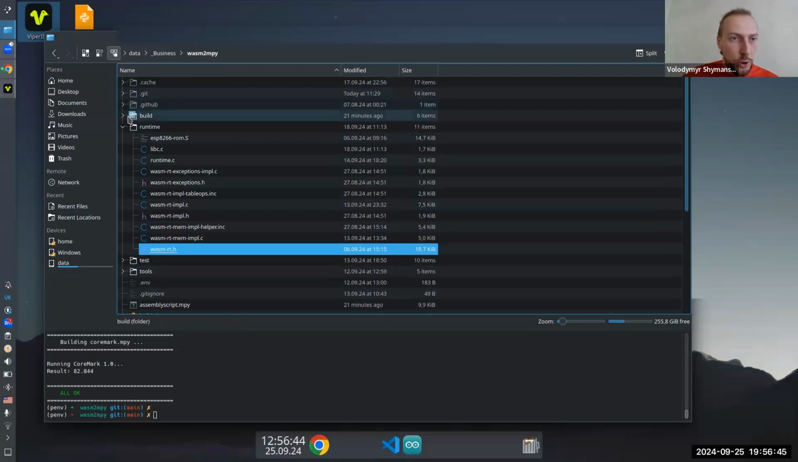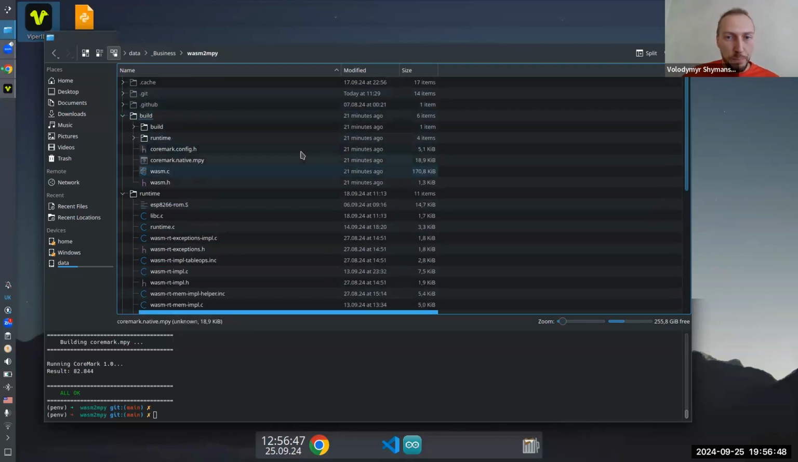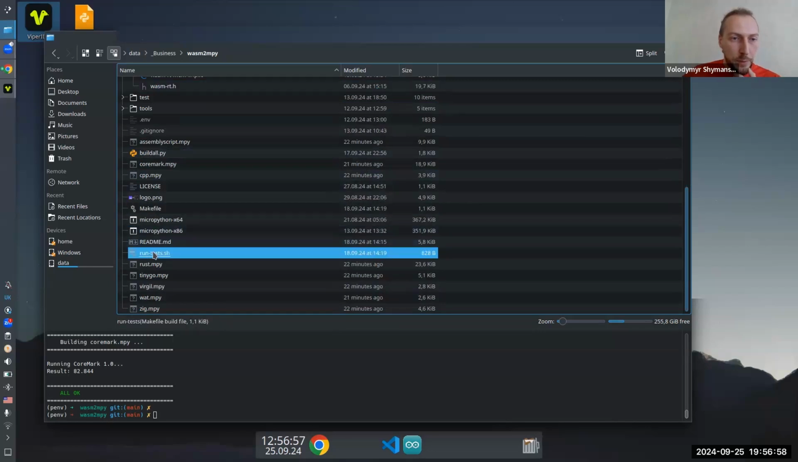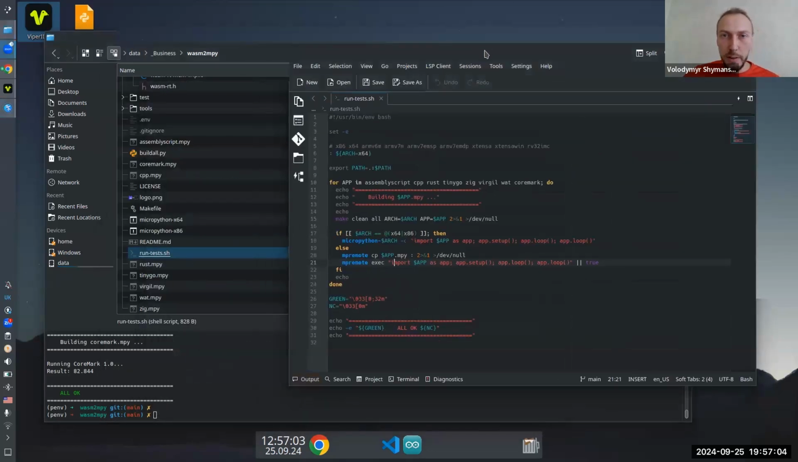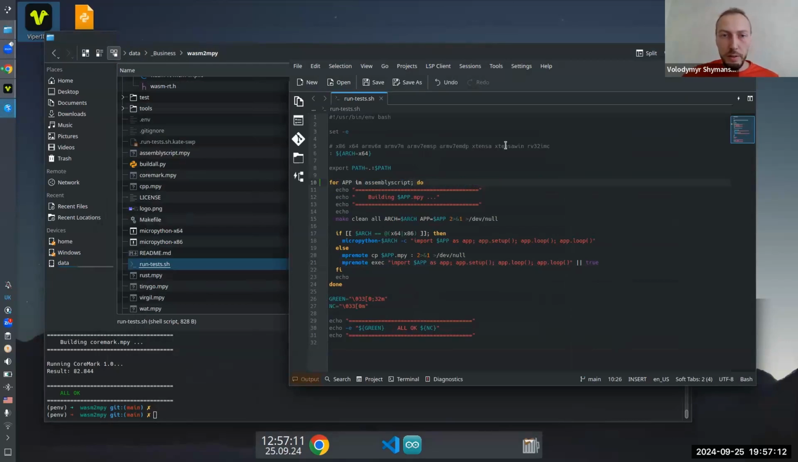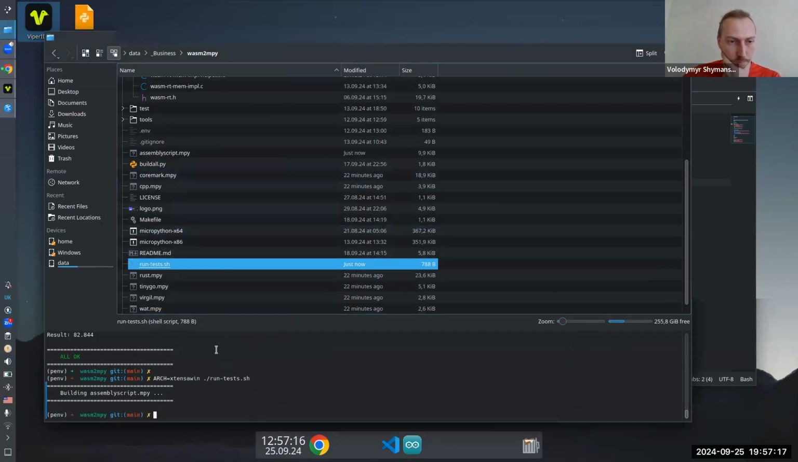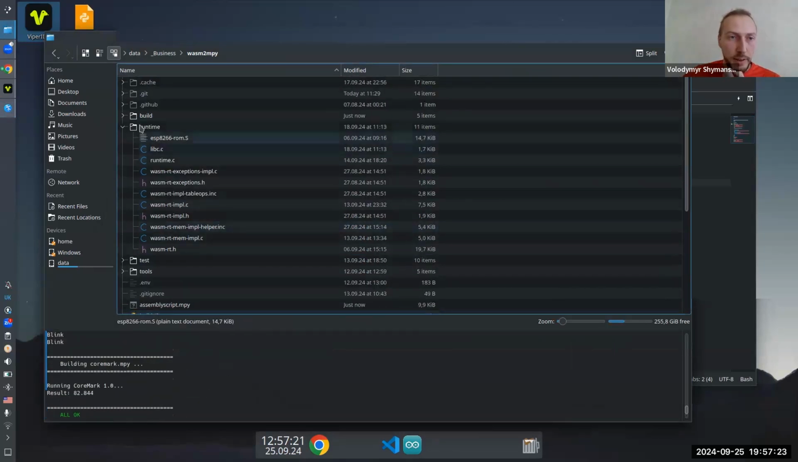I think I can show how this code looks like, but let me... okay, I'm not sure I'm prepared to do that, but I can do a trick. Let me modify my run tests, and I'll just leave a single application in here. Let's pick assembly script. And now I can run it. Okay, I'm not sure why it wasn't run, but